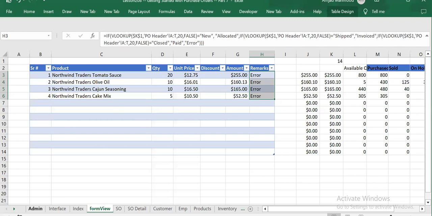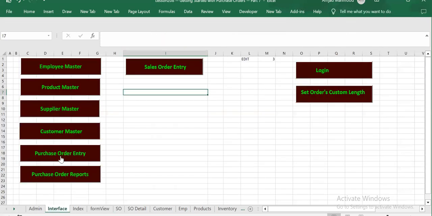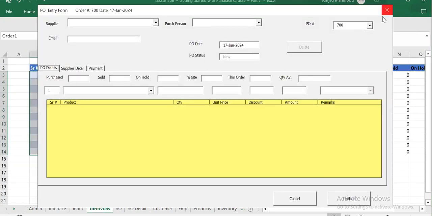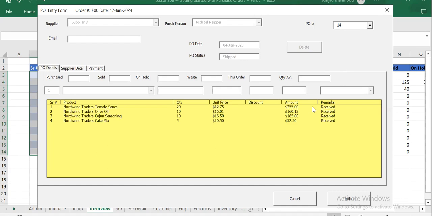Okay, so let's run and see. It is running, and now we go to order number 14, and you see the error is removed,